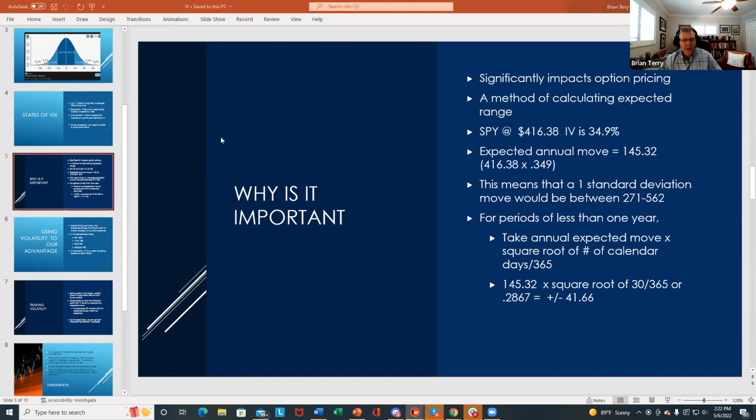So I thought that was pretty interesting. I mean, most option chains tell you what the expected move is, but this is what it's based on. Okay,